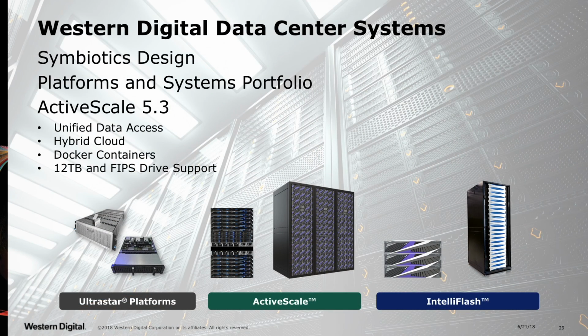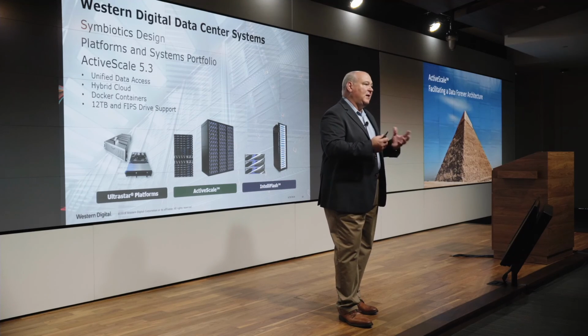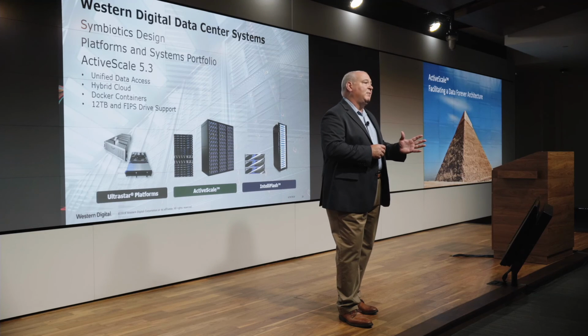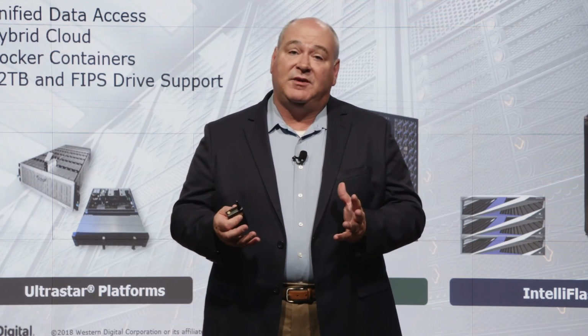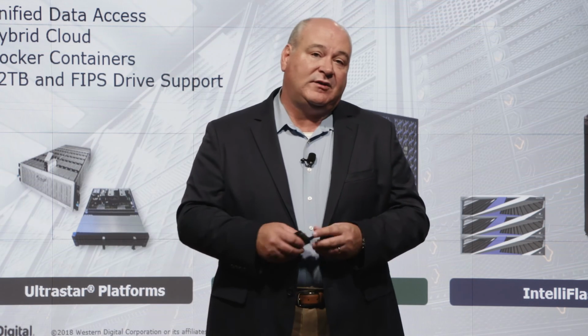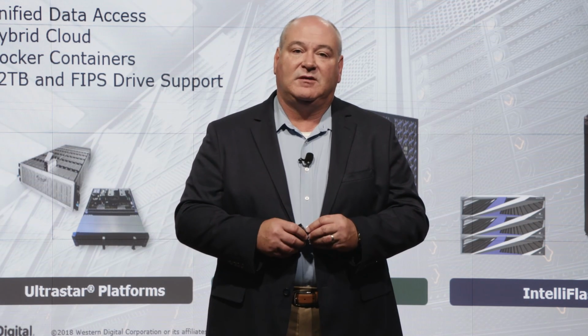We're really excited about the capabilities we discussed today and introduced today, extending our data architecture with unified data access, our hybrid cloud capabilities, our Docker container capability, bringing applications closer to the data, and then the continued progression of our media technology capabilities with 12 terabyte drives and FIPS drive support. And with that, we'd like to close with a video showcasing how Western Digital uniquely builds environments for data to